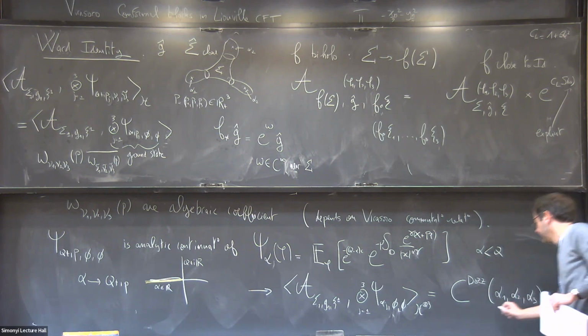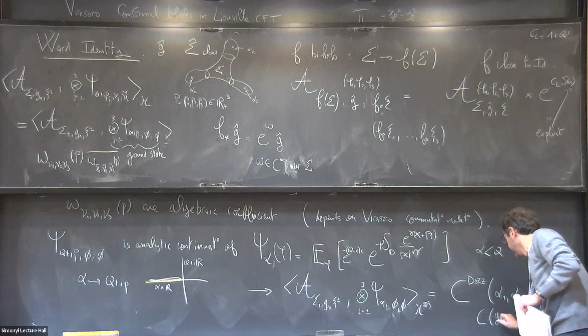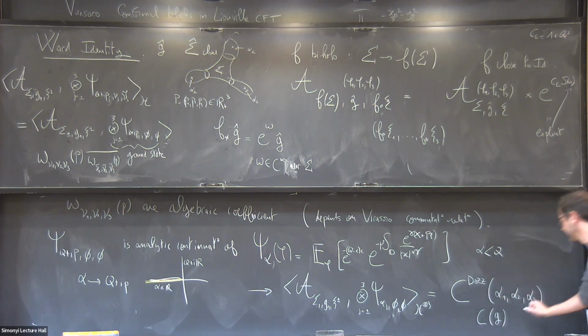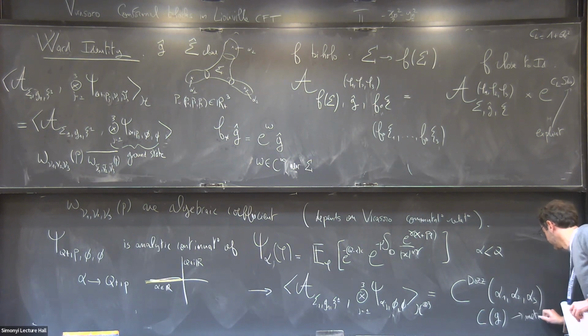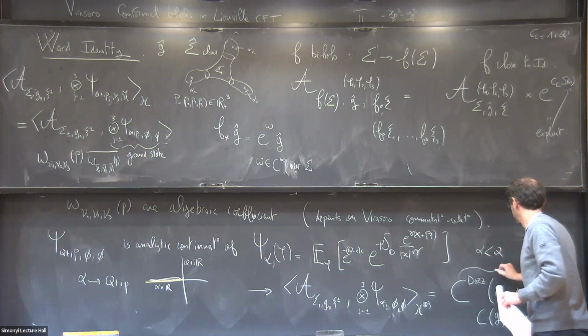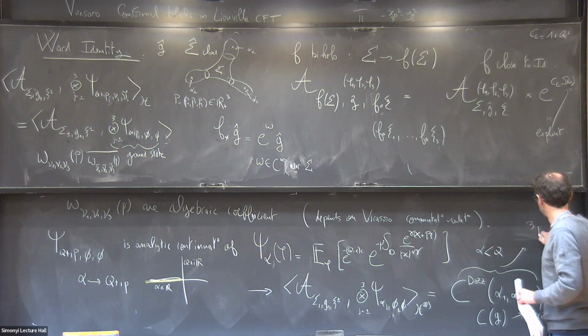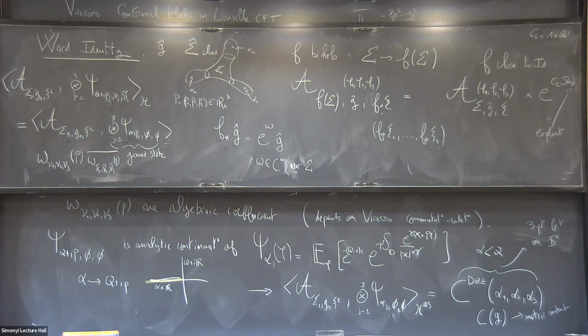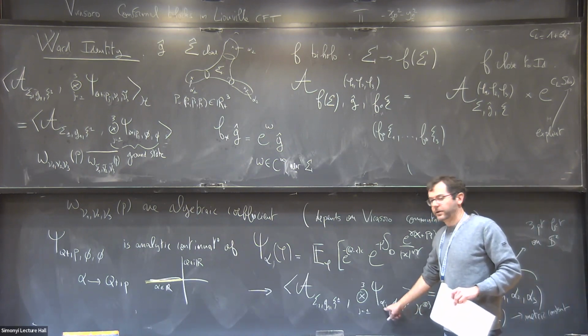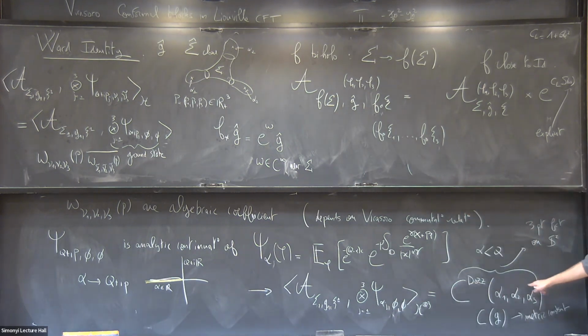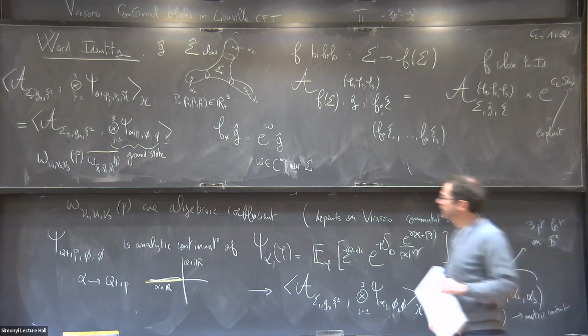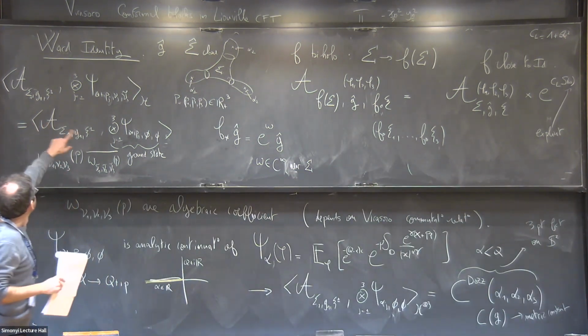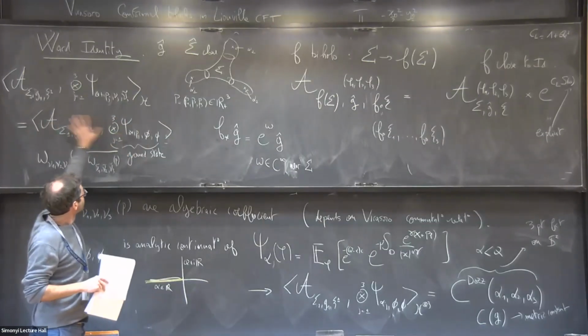And in fact, there is also a constant depending only on the metric. This is a metric constant, which is explicit. And this thing is the 3-point function on the sphere. Okay. And this is true for alpha real, but this analytically continues because this formula, the DOZZ formula, is completely explicit. It's a special function which actually analytically continues. So what we see is that here, the matrix coefficient is given by the DOZZ function, the 3-point function, times